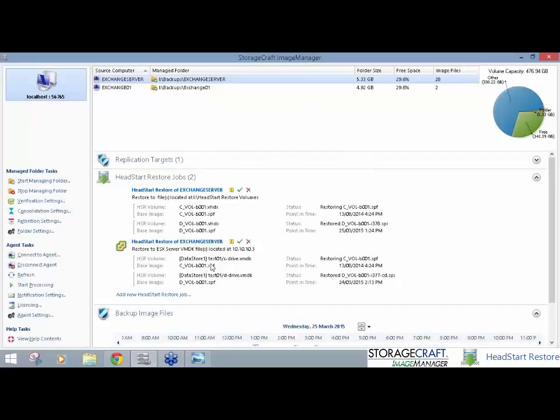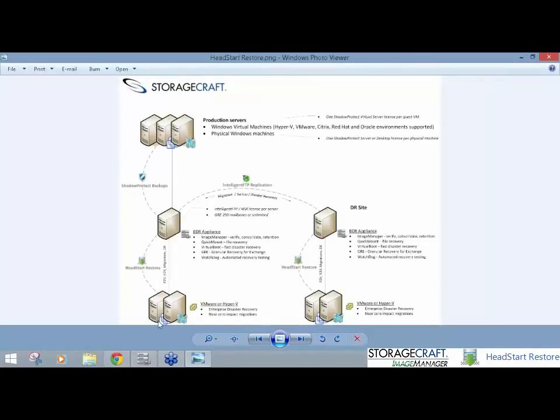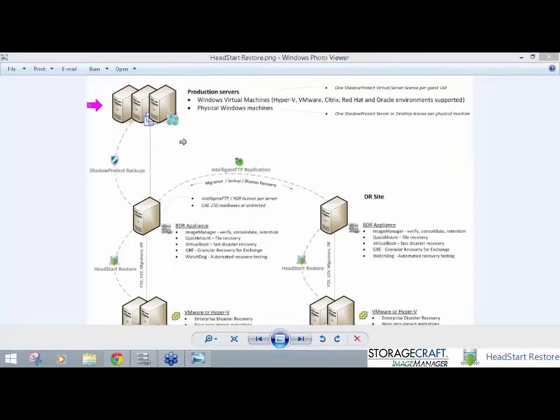Now, just while this is running, I just want to back up a step here and talk about a little diagram I've made here. I like using this diagram to explain how the solution works. So again, I showed this earlier, the production servers using ShadowProtect continuous incrementals to an image repository. In this case, it was a backup server for that virtual boot functionality. The virtual boot tool is a free part of ShadowProtect. The HeadStart restore licensing is part of ImageManager, an additional licensed feature,